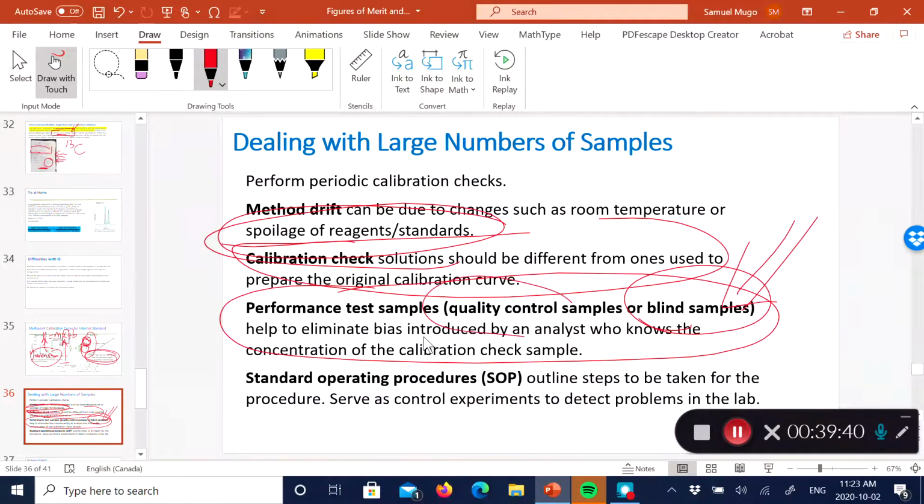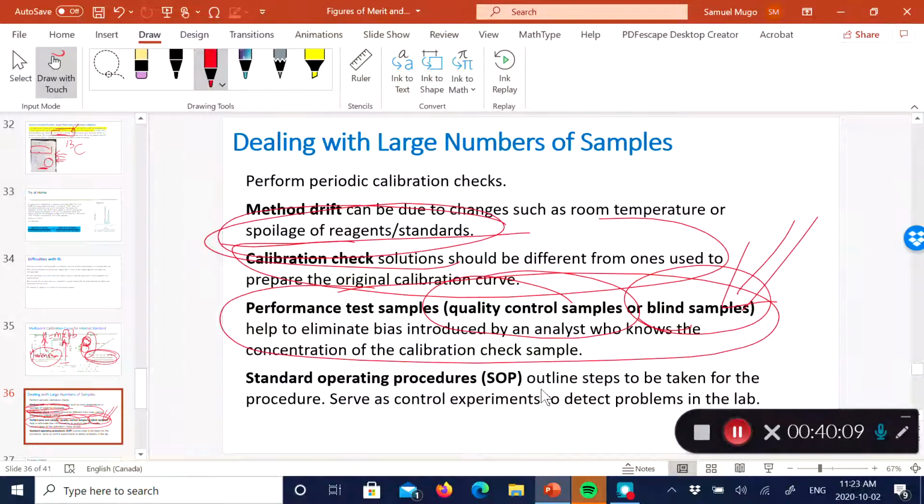And so it's a classical way of doing quality control, blind samples, analyzing blind samples at regular intervals. And that one validates that your analytical method is doing what it should. And then finally, it's very important to always follow the standard operating procedures, which is the procedural steps that are